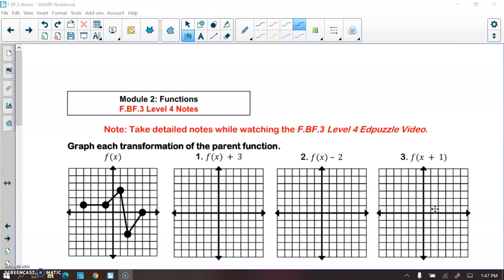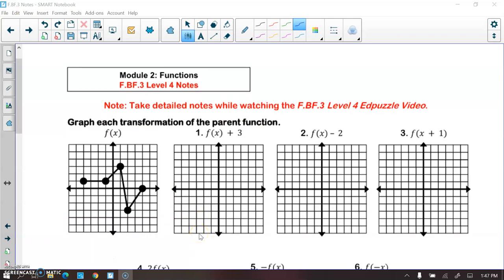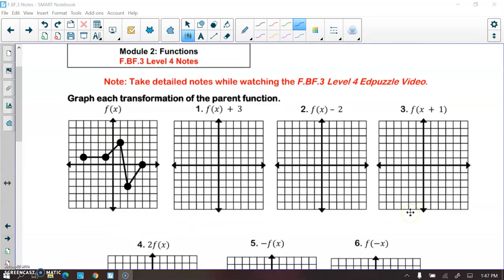Okay, so we are going to now be transforming graphs. And so for each of these, we are going to use this parent function that's given to us, f of x. And so for number 1, what we're going to do is translate every single point up 3 units. So your point,